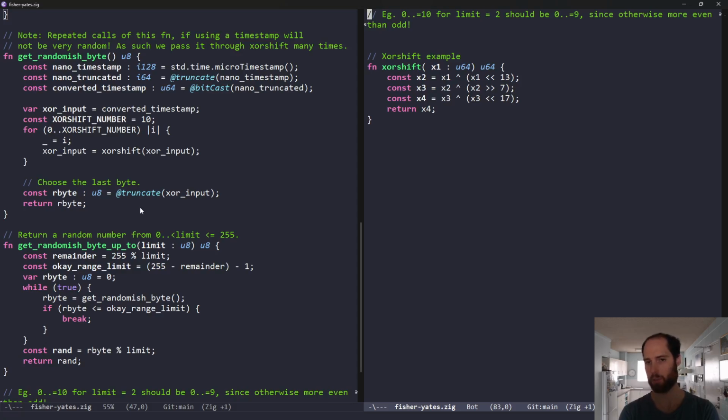A really easy option would just be a global chord, like PRNG state, and it just has a U64, and then whenever you want it, you just call it and update it. We could use the Zig method syntax, put this in a struct instead. So let's say we had